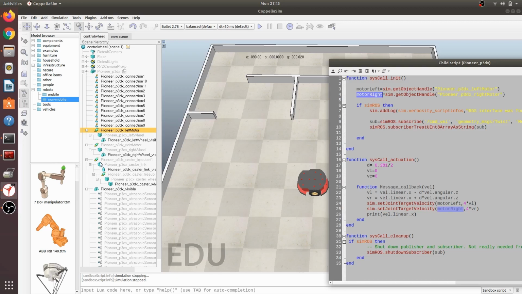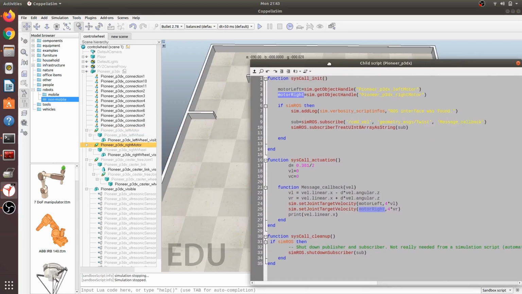We can also see it here, this one is the right object handle, this is the joint. So we are getting this joint handle, so that at the end when we set the joint velocity, we have the handle of it. That's why we are creating the handles, because in coding you have to define which variable you want to change. So this is the variable name that relates to the real world.